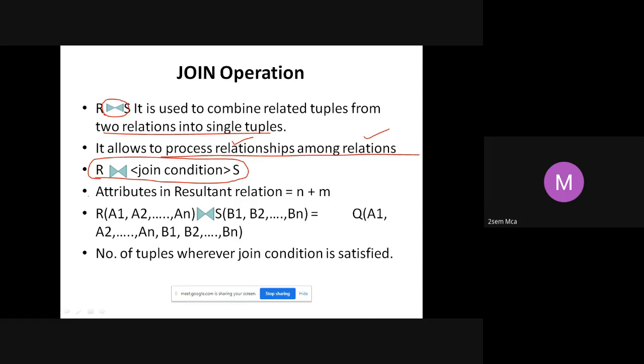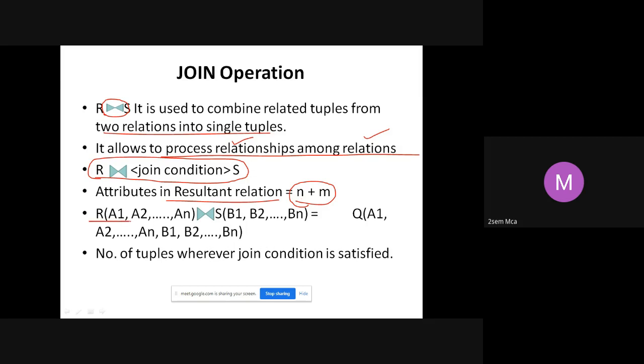So what will be the number of attributes in your result? The number of attributes in your result will be n plus m. That means n attributes are there in R, the table 1, and m attributes are there in table 2. So you will have a total of n plus m attributes.